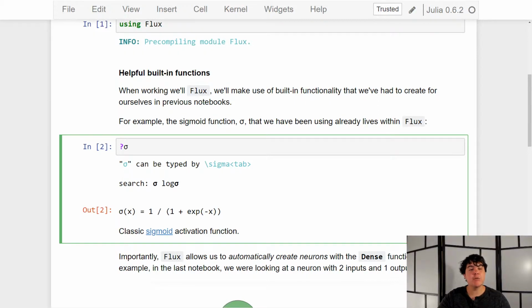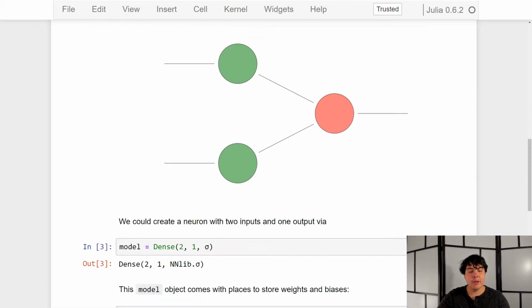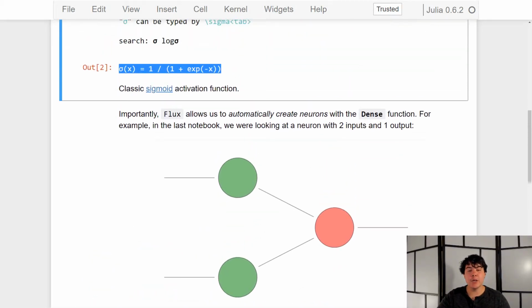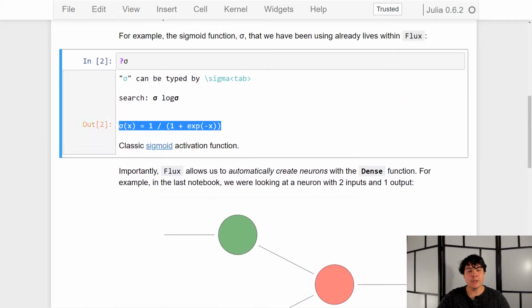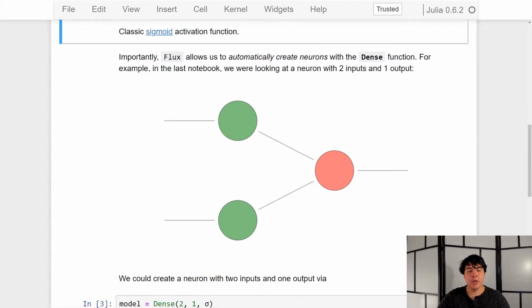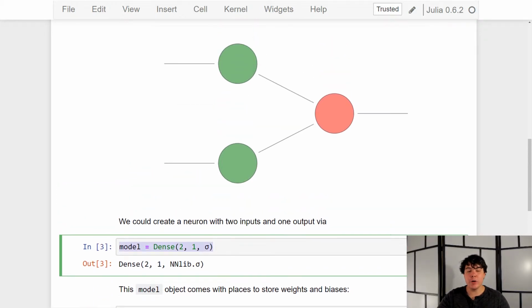For example, this sigmoid function that we've talked about is already defined inside of Flux.jl. And these neuron functions, which we've been wanting to use, which we've been discussing, are already defined in Flux.jl as well. To define a neuron which has two inputs and one output and utilizes the sigmoid activation function, we would just call Dense(2, 1, sigma). And this would make our model be a single neuron which takes in two values, spits out one, and applies